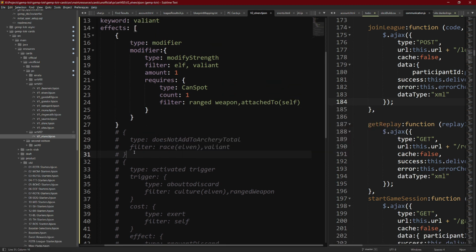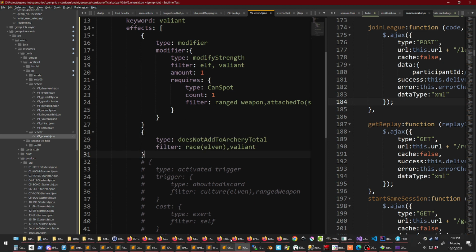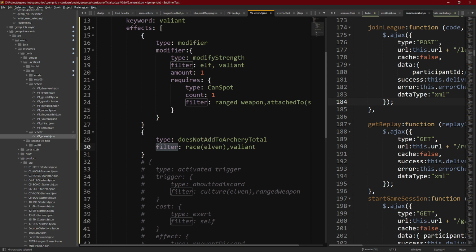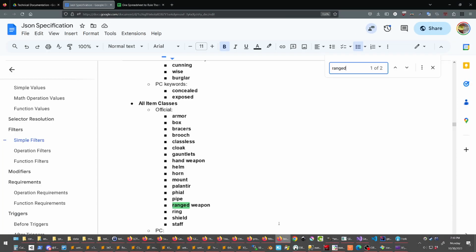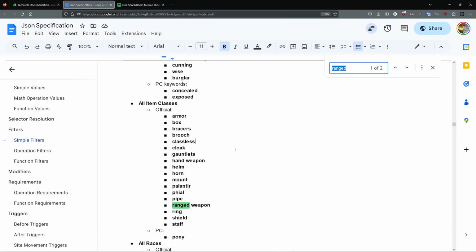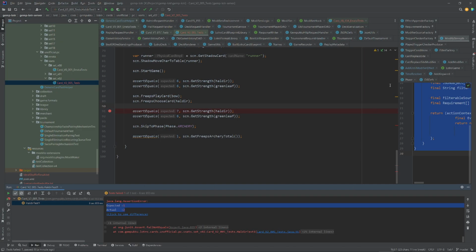So this one requires the same. This needs the same requires, I think, because otherwise it's just always going to be the case, even when he's not. Oh shoot. Okay, so this is one of those effects, unfortunately, where I don't have the